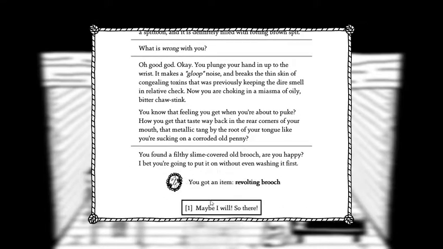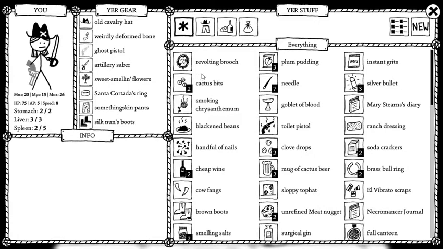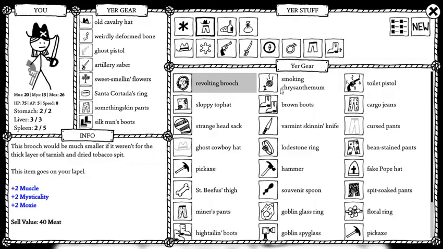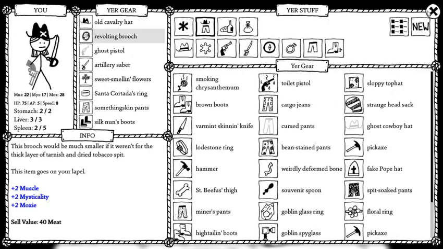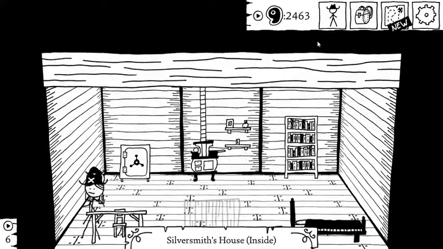Just tell me what I found already. You found a filthy, slimy covered old brooch. Are you happy? I bet you're going to put it on without even washing it first. Maybe I will. So there. What do we get? 2 muscle, 2 moxie, and 2 mysticality. Yeah, I'll do the revolting brooch. I mean, I don't do a ton of spell damage, so...